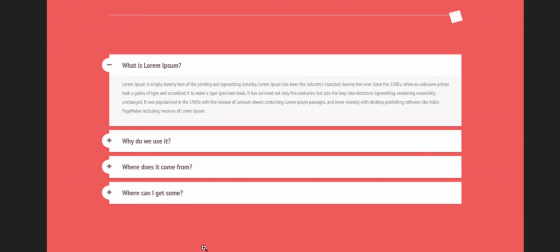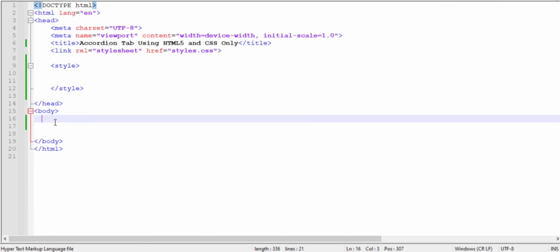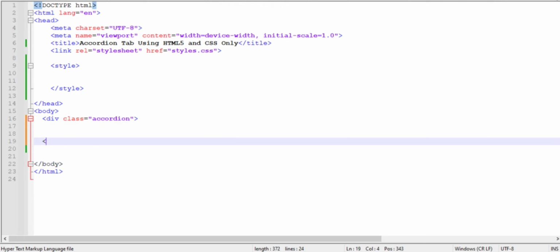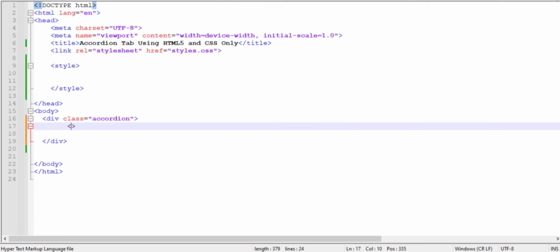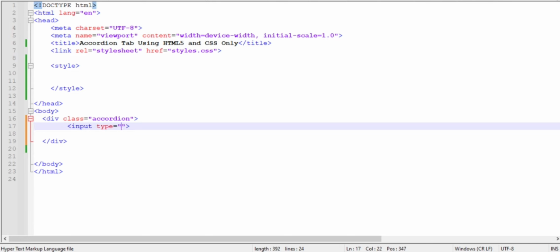So let's start how to build a responsive accordion. Now I will write a div with class equal to accordion, div close. Now I will create this. We have two options, but today I will use a radio button, like input type is equal to radio, name is equal to button, id is equal to